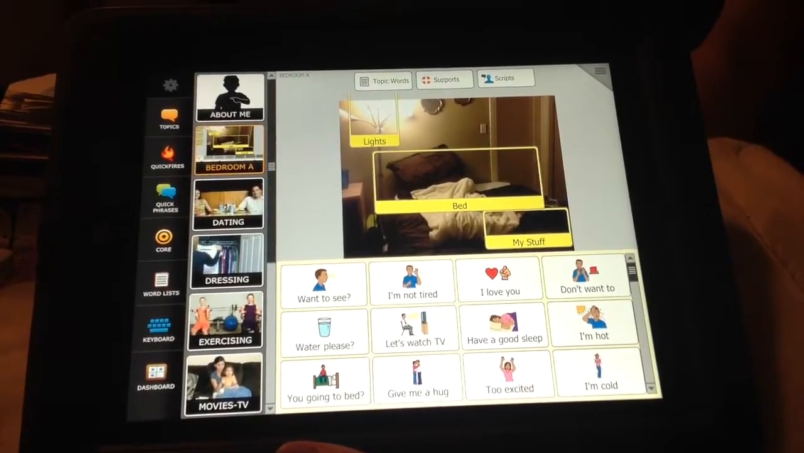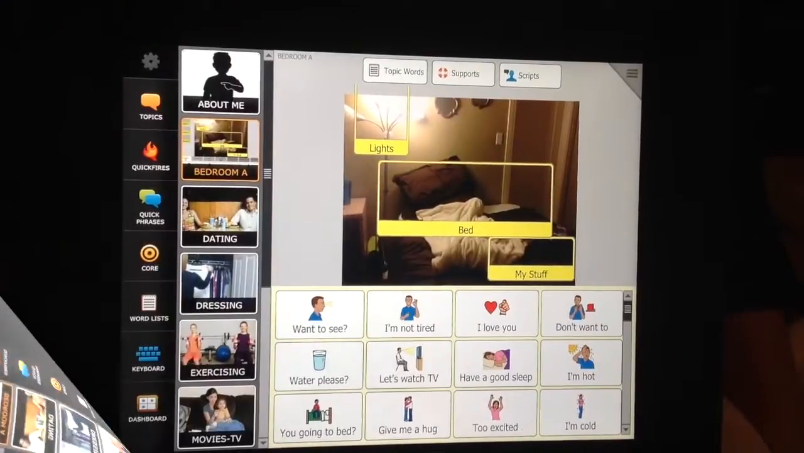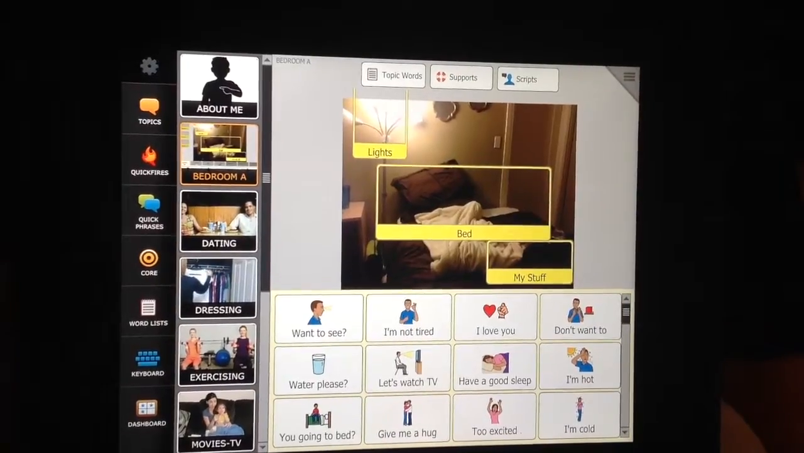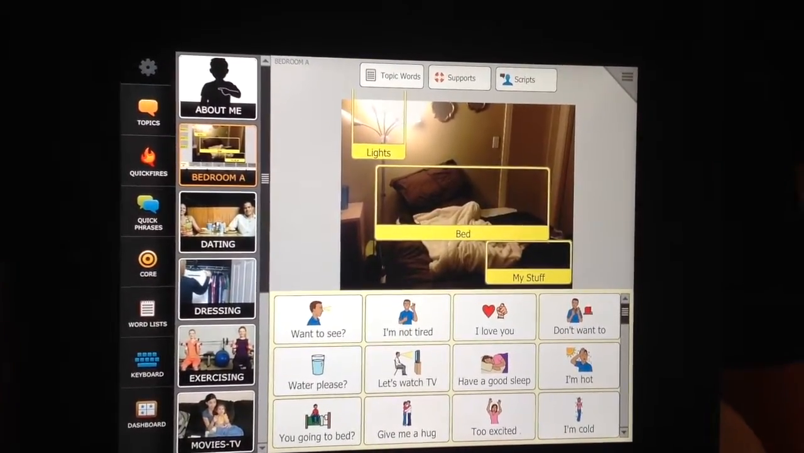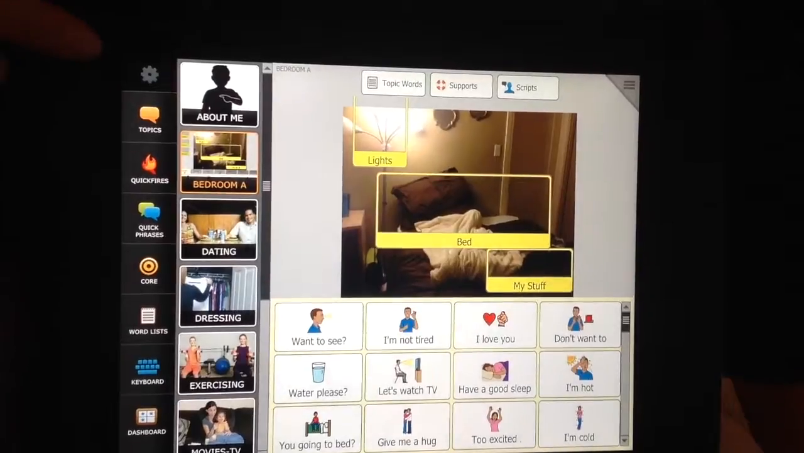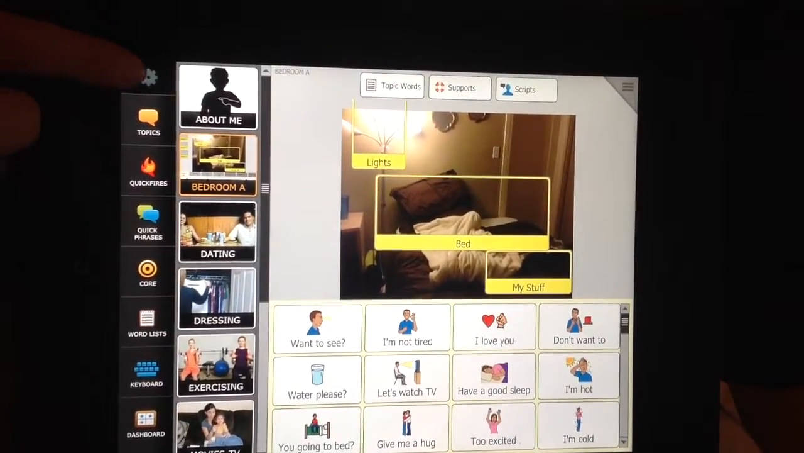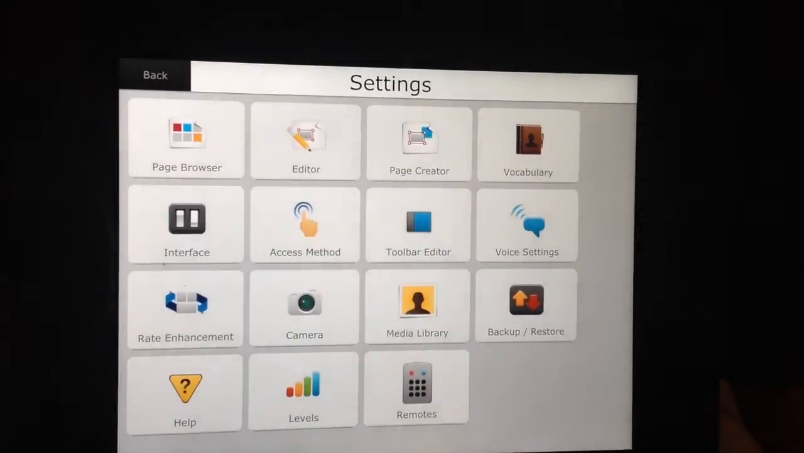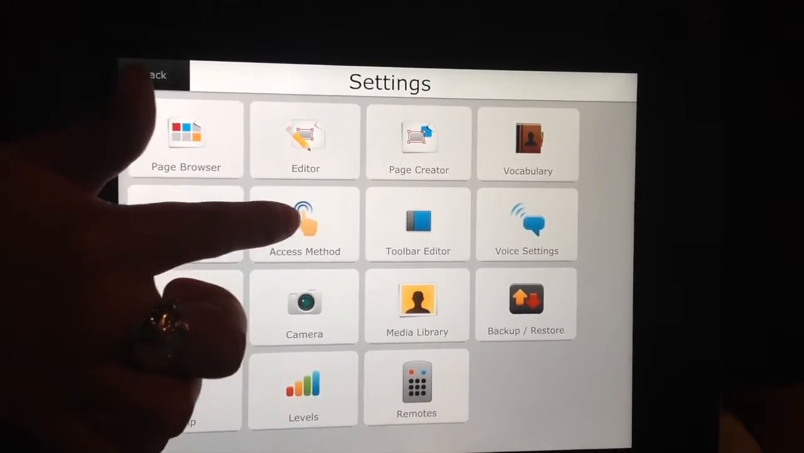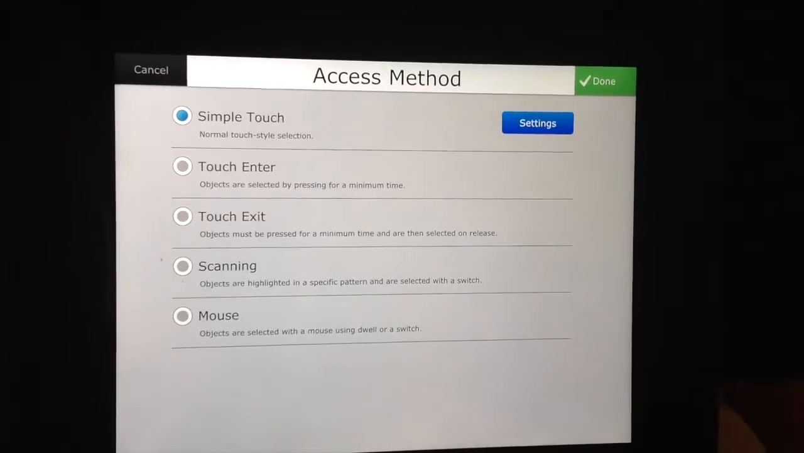There are some cool things you can do with this. The Tobii Dynavox offers several access methods to provide the most appropriate selection technique for your client. If you go to the Settings menu, the top left corner, and then click on Access Method,